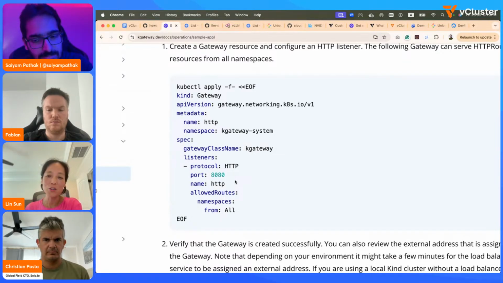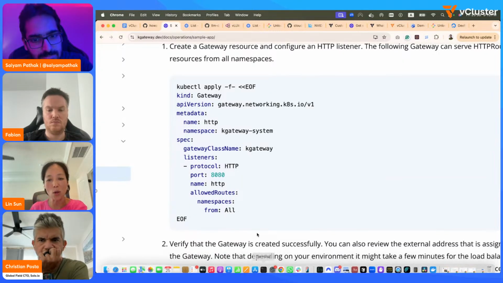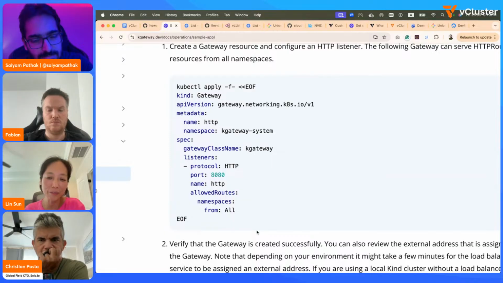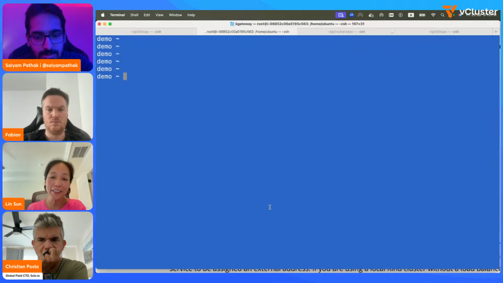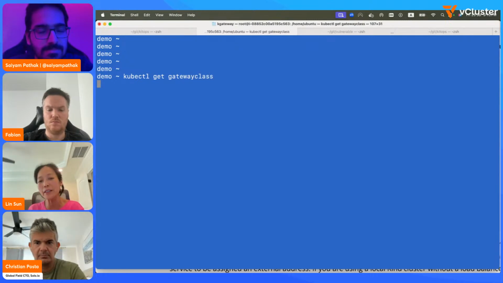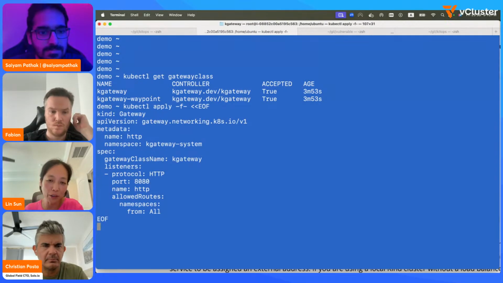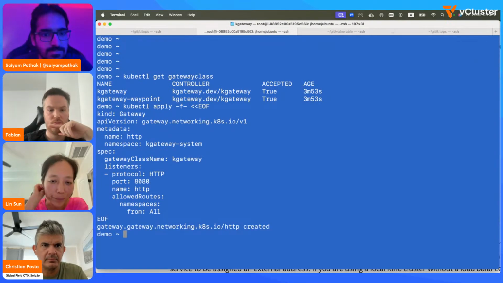So assuming you may have route configuration attached to this gateway to instruct where the traffic goes next. Just having this gateway resource would stand up the deployment and open up the listening ports, but the gateway would not know where to send the traffic unless you have a corresponding route configuration.